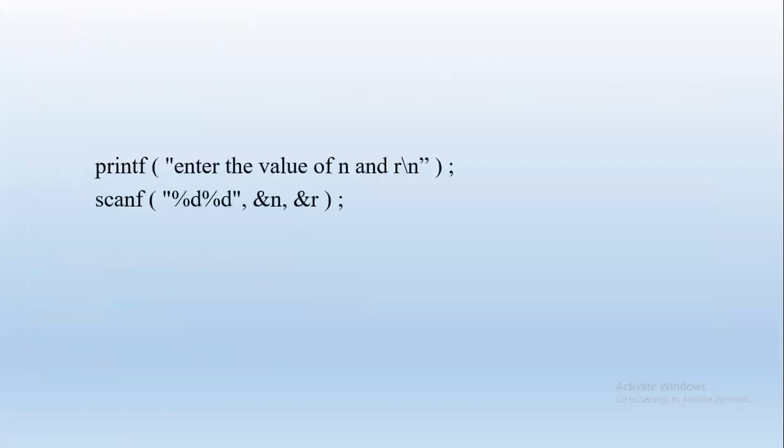First and foremost, we need the value of n and r. So that is the input. Take input from the user, n value and r value. Say 5 and 3, or 4 and 2, whatever we want to take as input, n and r. Next, we have certain conditions to find NCR. We need to check all of them.